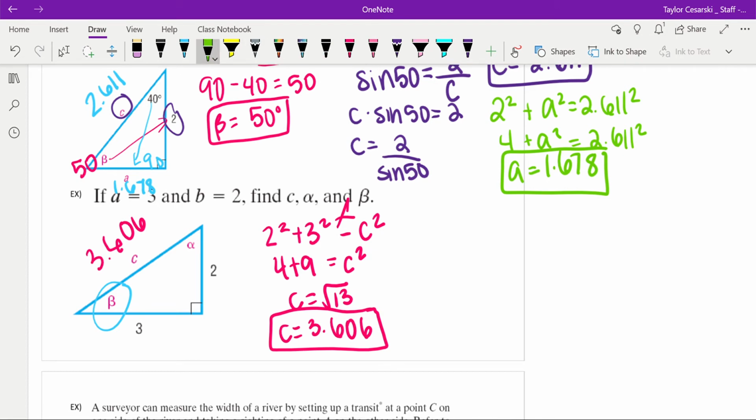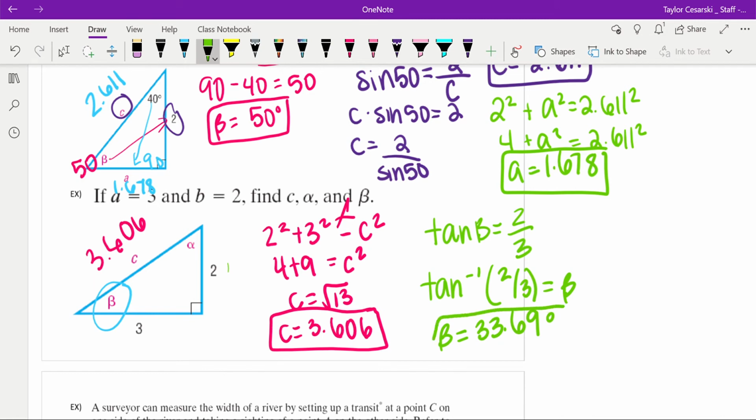So I'll use the 2 and the 3 since those are exact values. So tangent of beta is opposite over adjacent, so 2 over 3. Okay, so tangent is 2 over 3. In order to find the value, I'm going to have to do tangent inverse of 2/3 equals beta. Again, on your calculator, it's just going to be second tangent is how you get that tangent inverse button. And so beta equals